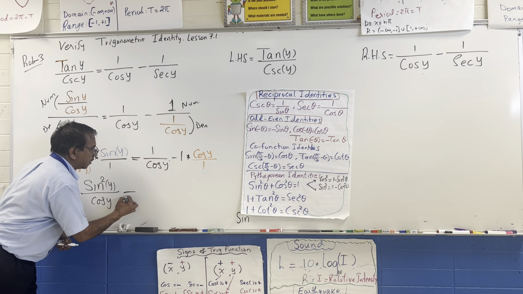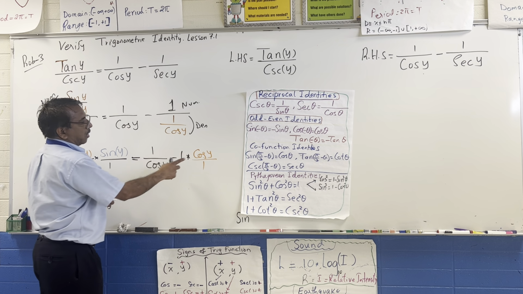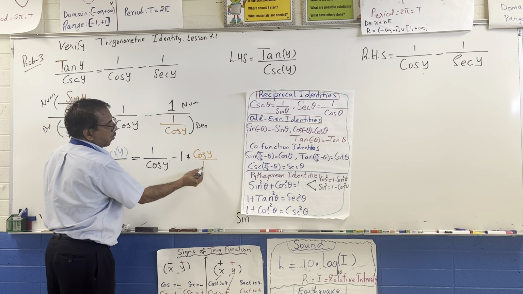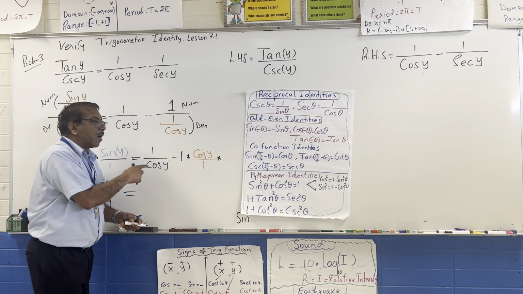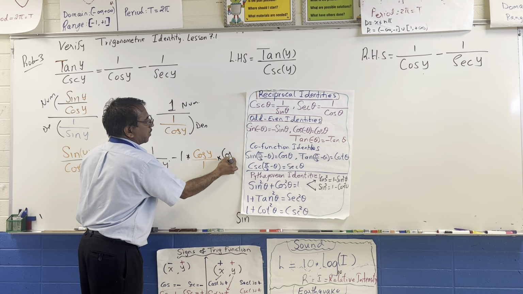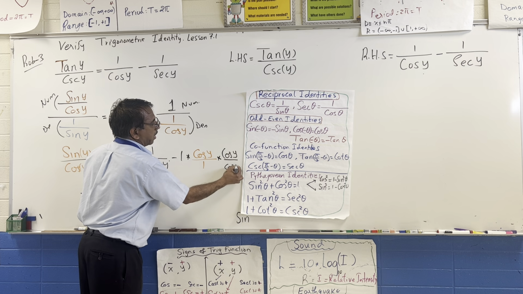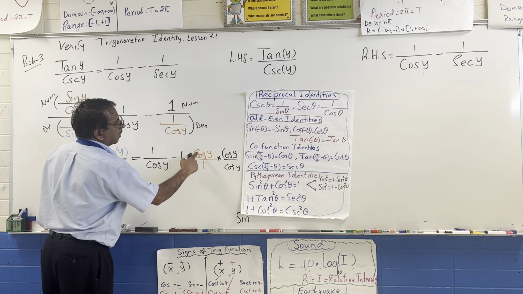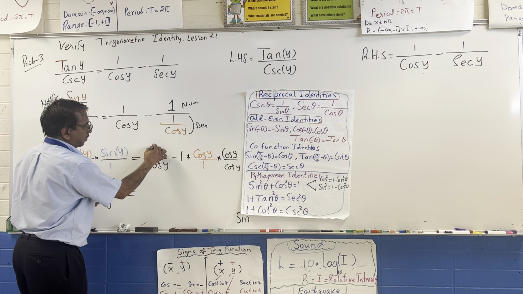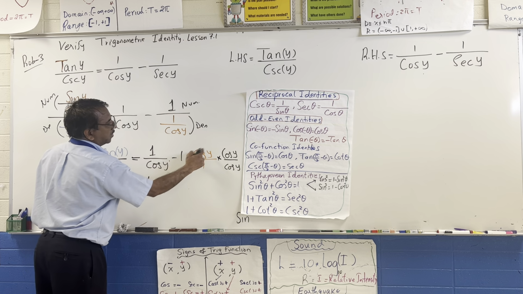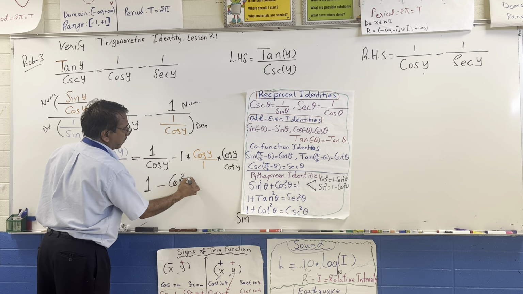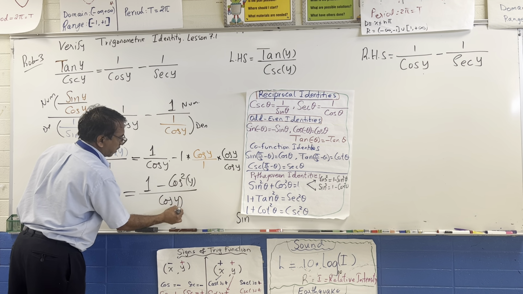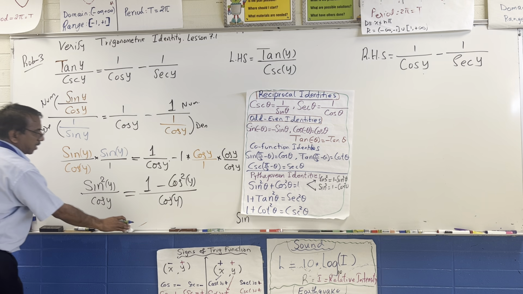So this equals, and now you see the denominator is cosine, and here there is a 1, so we need to have the same common denominator. So I'm multiplying the numerator by cosine and dividing by cosine here. So this will be cosine, and this one stays the same. Cosine and cosine will be cosine square of y, and this will be cosine y. Okay. And then we get at the end